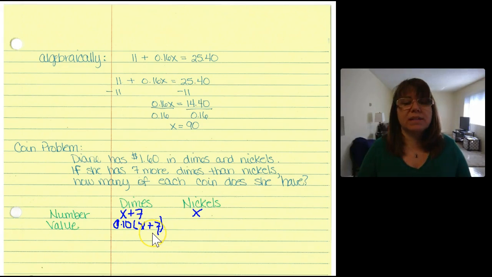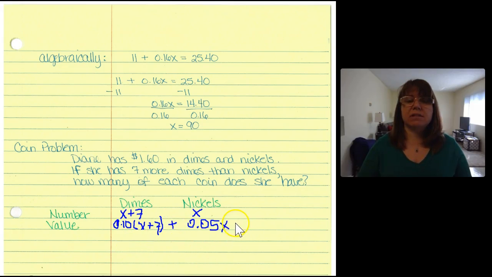I don't know why I was so hesitant on writing that, but yes, working with my mouse here. And then nickels, well, that's 5 cents, 0.05 times the number of nickels I have will give me my total amount I have in nickels. Well, if I add the amount I have in dimes plus the amount I have in nickels, that will be my total amount that I have in my pocket, or at least in Diane's pocket,